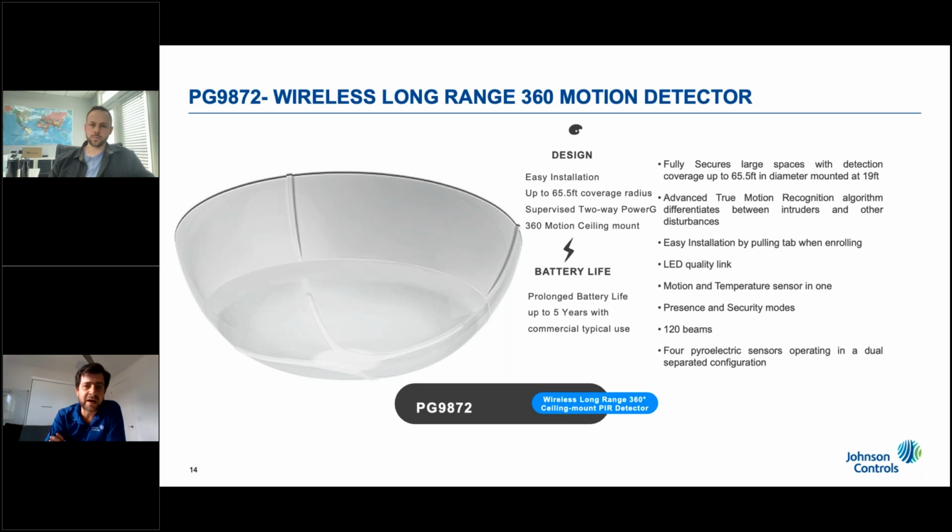Sometimes the warehouses are higher than those 40 feet. What people are doing is they hang a pole from the ceiling and bring it down a little bit, and that way they have full coverage to limit the movement within the warehouse, because sometimes motion detectors on the walls are not going to be enough. So they're combining these with other technologies as well. Very easy to install, and the area that they cover is a 65 feet diameter